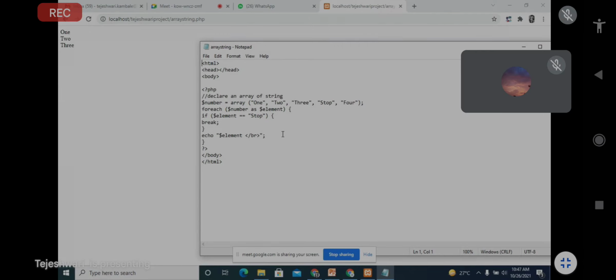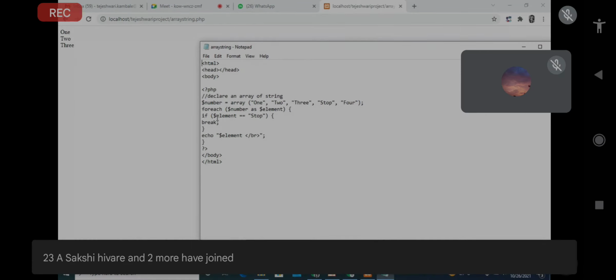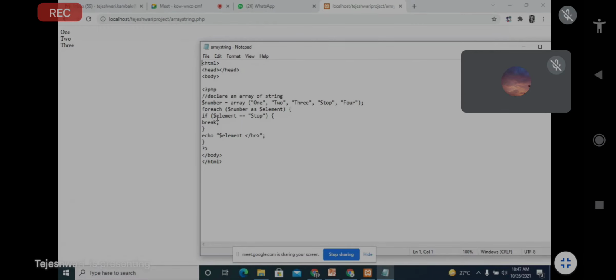All these values 1 2 3 stop and 4 are already stored in number, and they will be passed to the dollar element variable, we know that. So now we have to check the condition.